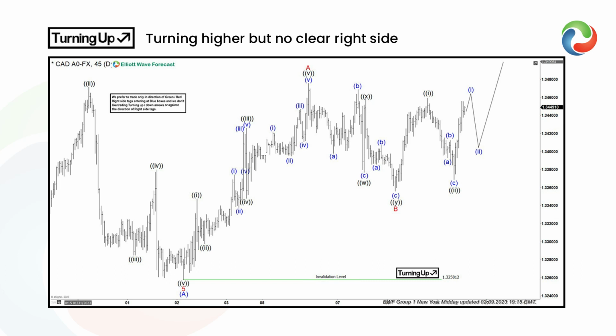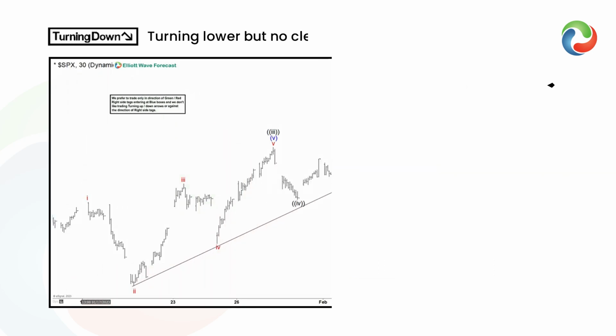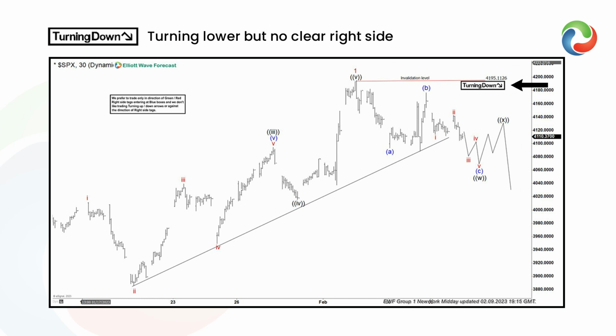can't be ruled out. Here's a turning down tag, which indicates an upcycle has ended and the market has turned lower in a correction or is in the process of starting a new cycle. This indicates that until the previous low breaks, the right side won't turn bearish and a double correction higher